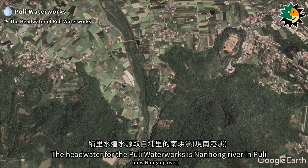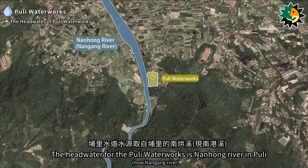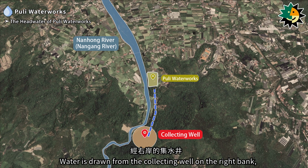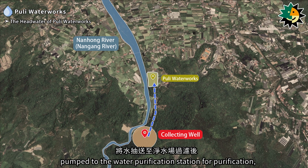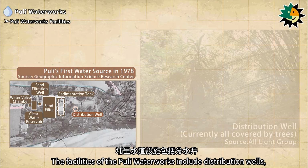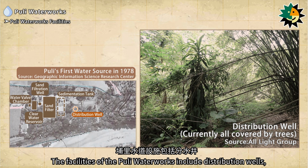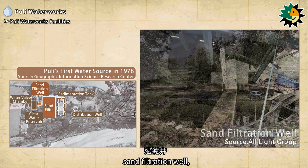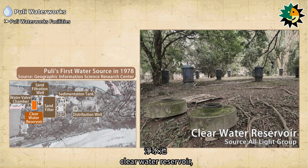The headwater for the Puli Waterworks is Nanhong River in Puli. The water intake point is located near Nyodong. Water is drawn from the collecting well on the right bank, pumped to the water purification station for purification, and then transported through iron pipes to Puli town for residents' use. The facilities of the Puli Waterworks include distribution wells, sedimentation tanks, sand filter, sand filtration well, clear water reservoir, and